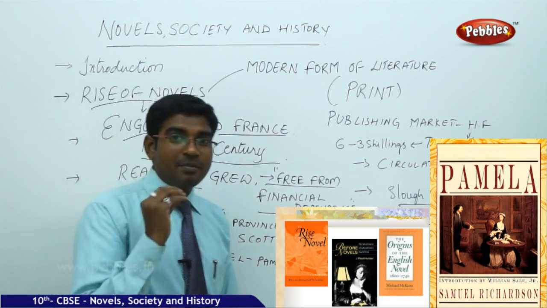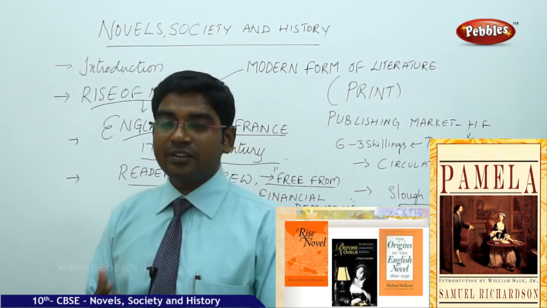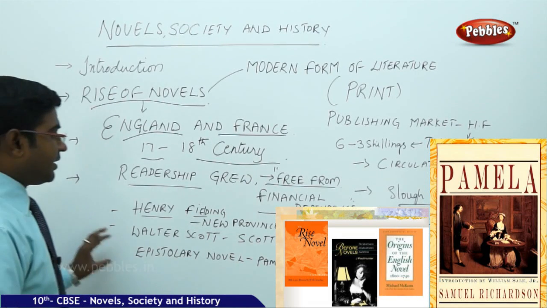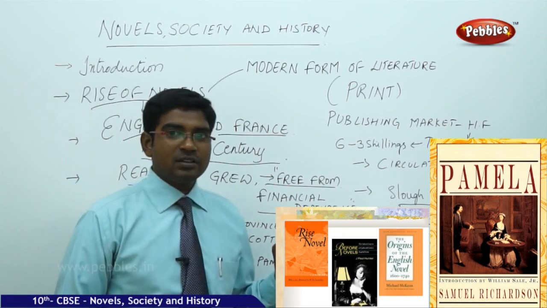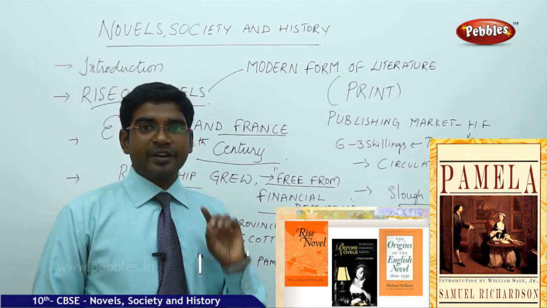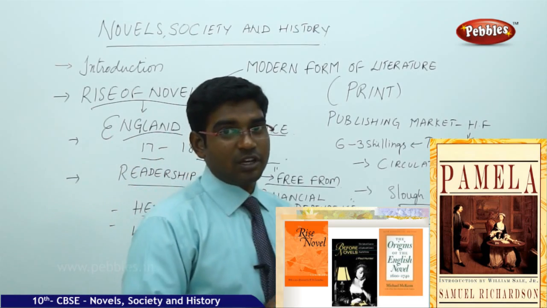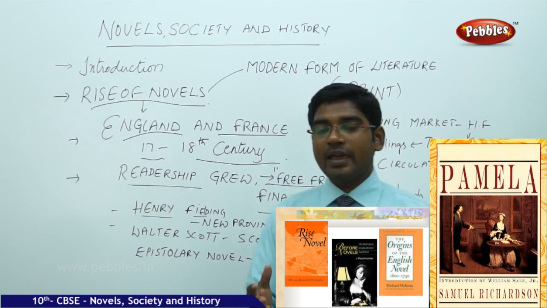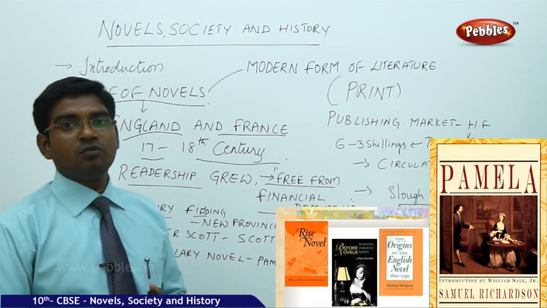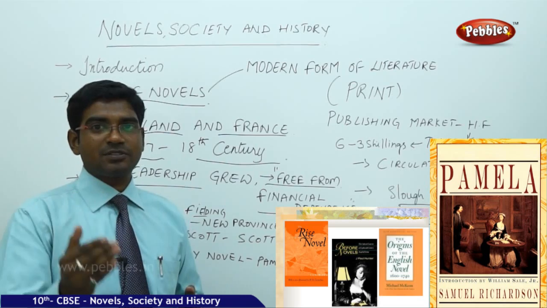If you look at the payments made to writers in the 17th century and the present day, there is a lot of variation. In the 17th century, writers were paid for six volumes of books, and for each book they used to pay 3 shillings. That is not more than a week's wage of a daily wage laborer, which means they were in a slightly better position than daily wage laborers.